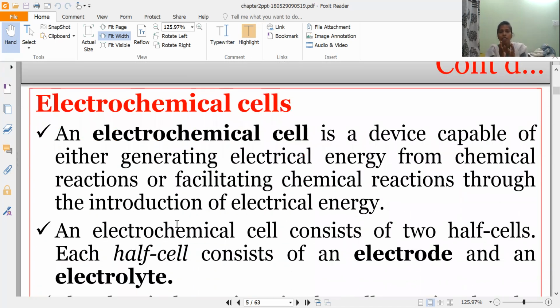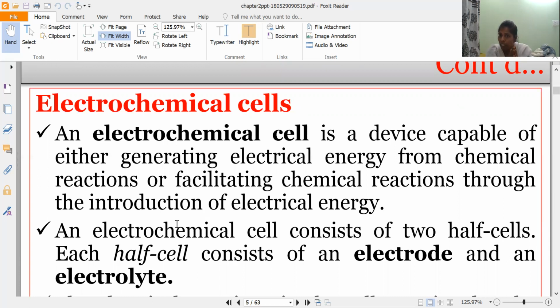So now let us see the main topic, the electrochemical cells. Already I said how the electrochemical cell is. An electrochemical cell has a vessel containing an electrolyte. In this electrolyte, two electrodes, namely the anode and the cathode, are dipped, and the two electrodes are connected with the help of an electrical contact, that is a battery. Electrochemical cells are classified into two types based on the conversion of energies: one is called the electrolytic cell and the other is the galvanic cell.